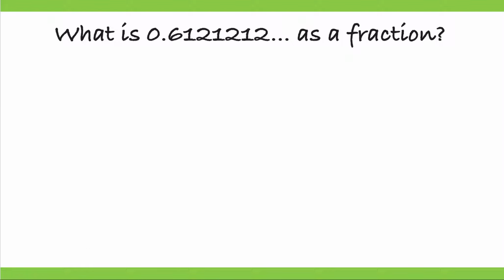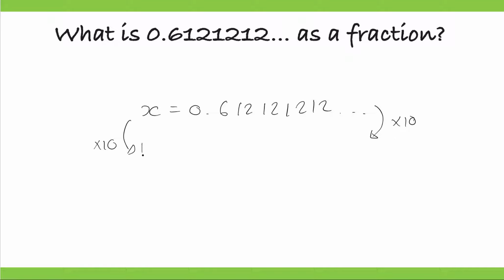Next question. What is 0.6121212 as a fraction? So let's work through our workings again. So x equals 0.612121212 and so on. Let's multiply this by 10, and let's multiply this by 10. This would become 10x,